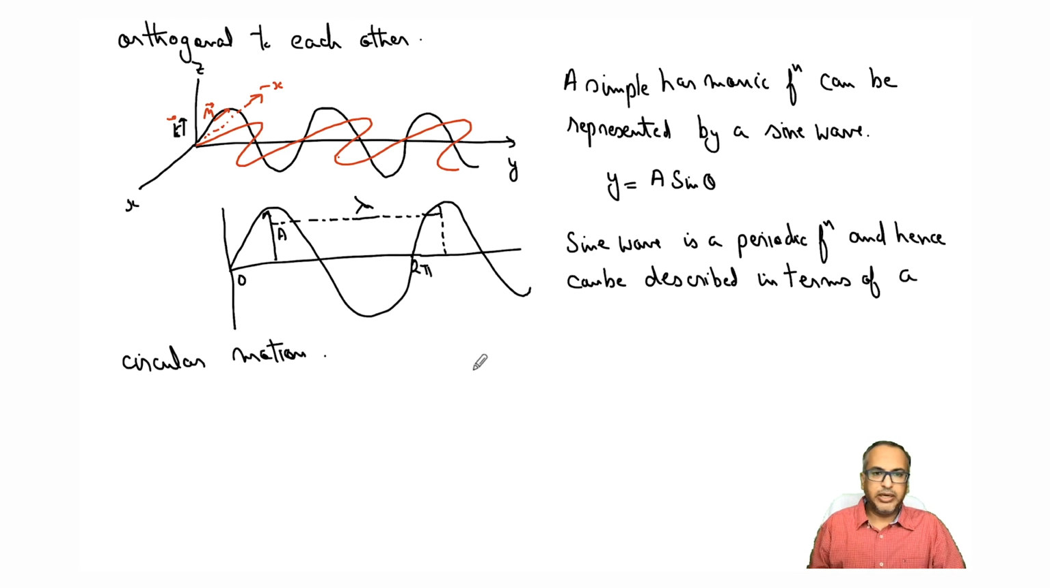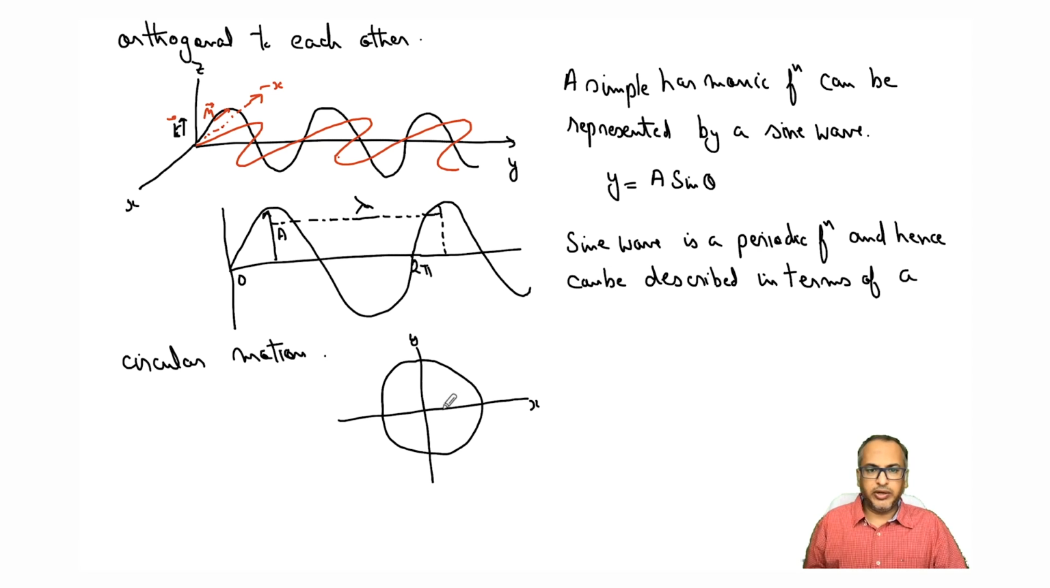So how do you describe it in circular motion? You can also draw this, let's say if you have only x and y coordinate system, you draw a circle around here. Again, it's not a very good drawing. And if I draw a vector like this with the length a and this angle as theta, so I can